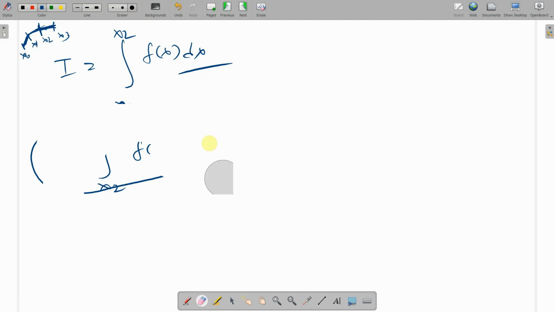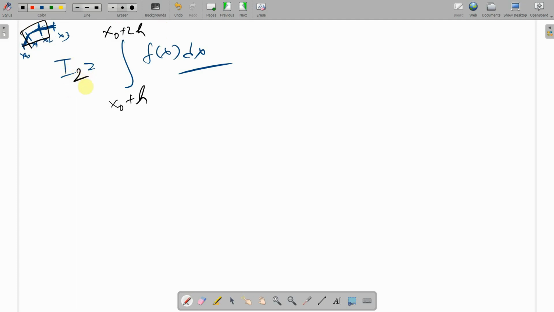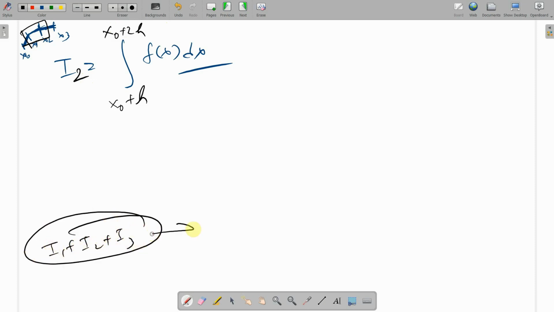सो इसमें क्या होगा, इफ़ आई consider it x1 means you can write this down. x1 means x0 plus h, x2 means x0 plus 2h, fx dx होगा. क्योंकि मैं अभी x1 x2 के बीच में निकाल रहा हूँ, ये मेरा सेकेंड केस है. लेट्स से इसे I2. सो आई एम फाइंडिंग आउट I2 एंड बाद में क्या करेंगे ना, I1 प्लस I2 प्लस I3 सब जोड़ देंगे तो हम लोगों का वो फाइनल रिजल्ट निकल जाएगा. ओके